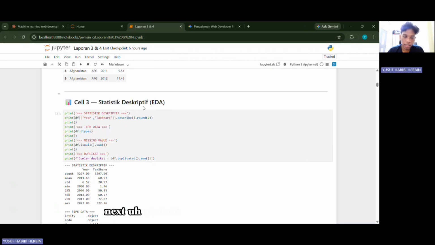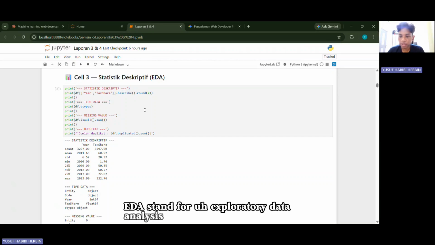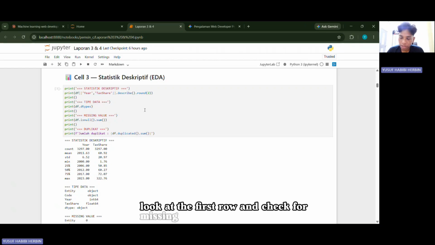Next, statistic descriptive or EDA. EDA stands for exploratory data analysis. In this step, we explore the dataset to understand what is inside. We check the shape of the data, look at the first rows, and check for missing values.